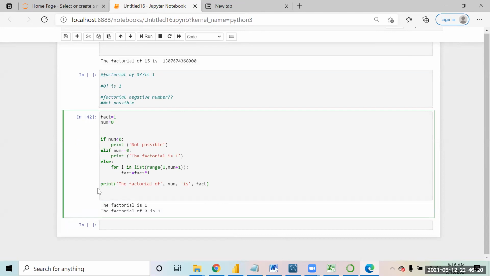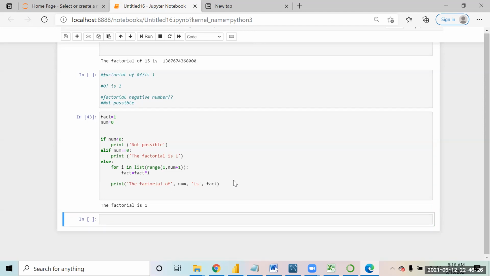So this is what you have to print, and this should also come over here. If the number is 0, the factorial is 1. Okay, let's change the number. Let's make it 5. Factorial is 120, right? Let's make it -1. Not possible. Got it? Okay.